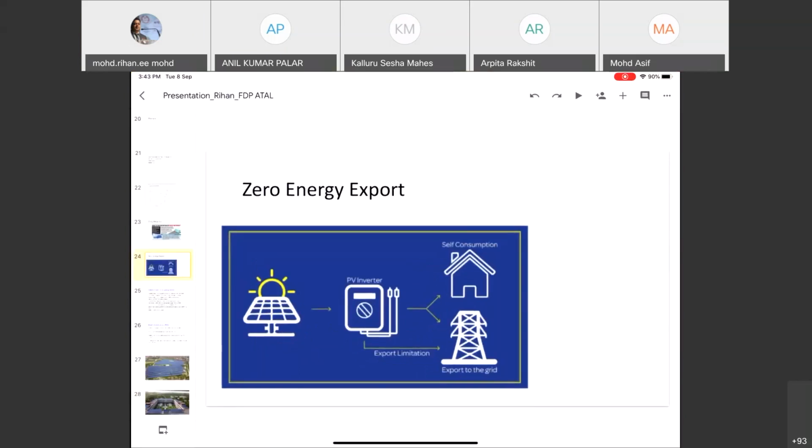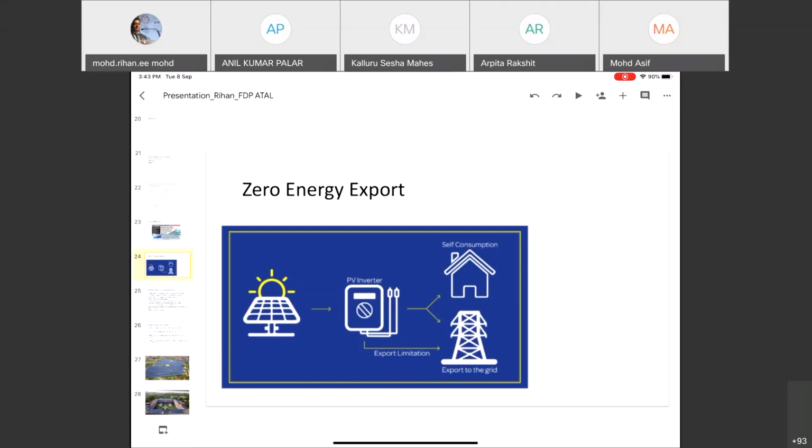this zero energy export appears to be a drawback, but actually it is helpful also. There are many consumers who are willing to install, because you cannot compare the capacity of solar power with the sanctioned load capacity. 5 kilowatt solar power is not equal to your 5 kilowatt from the grid, because it is a season based, time based, weather based resource. So to completely meet your demands, you need to go on a higher side.